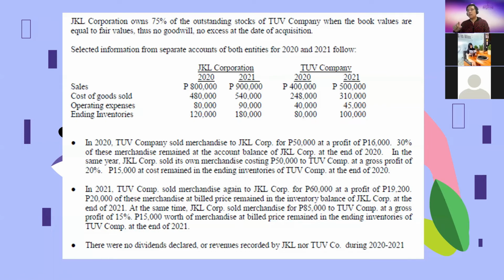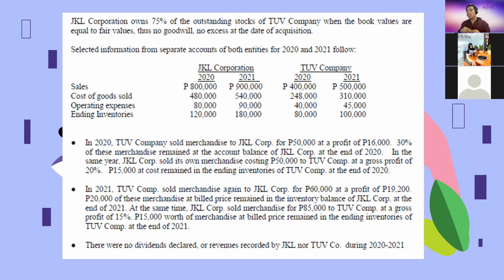Pero kailangan lang natin, di ba, na-establish na natin kanina, ano ba yung importance ng upstream and downstream. So sabi ulitin natin, no? If it's downstream, all the realized and unrealized profit will be attributable to the parent only kasi nga downstream is from the parent down to the subsidiary. Now, if it's upstream, we have to split it, no? Because it's a sales from the subsidiary to the parent. No? So in this case, parang ang ganda ng problem kasi we can illustrate upstream and downstream in 2 years,